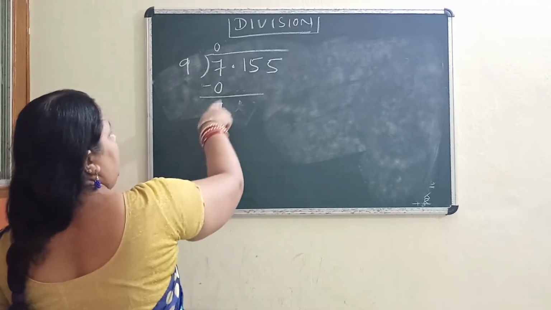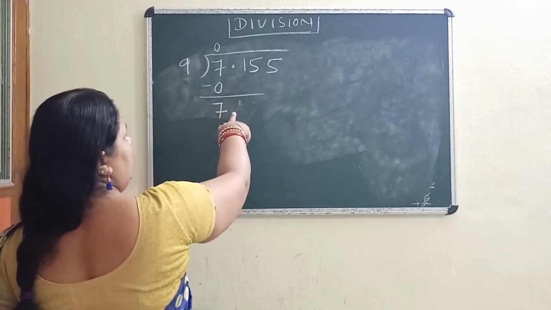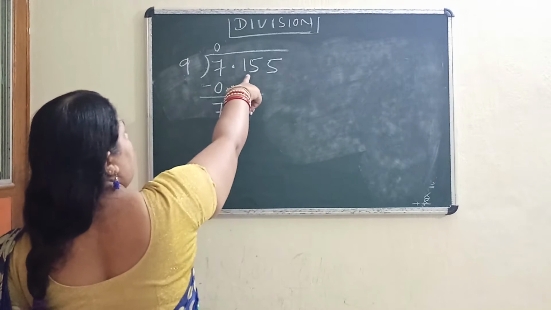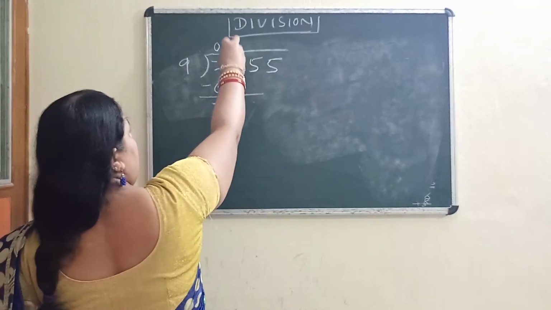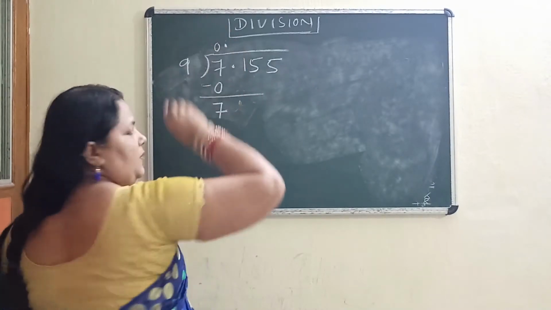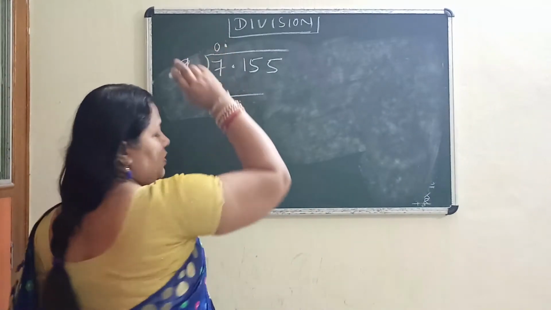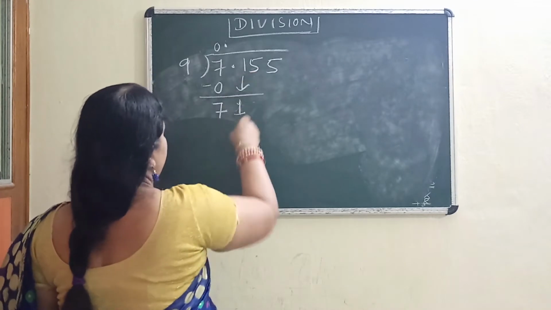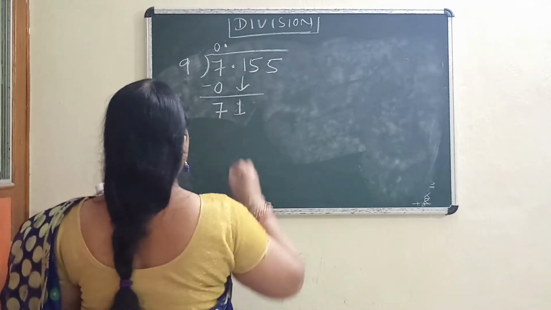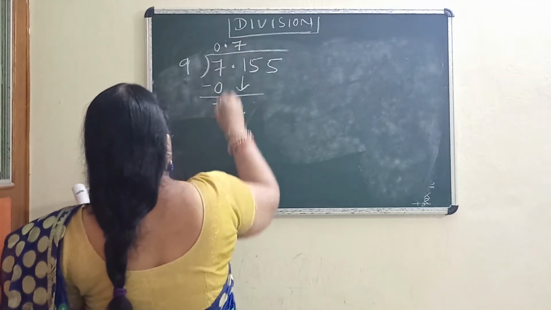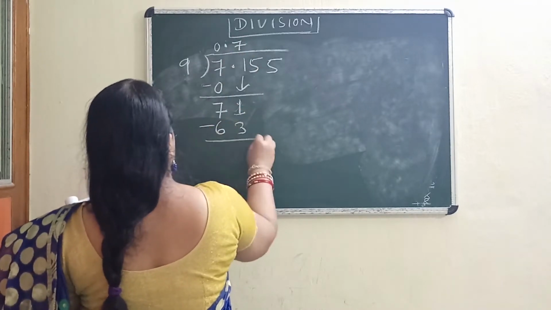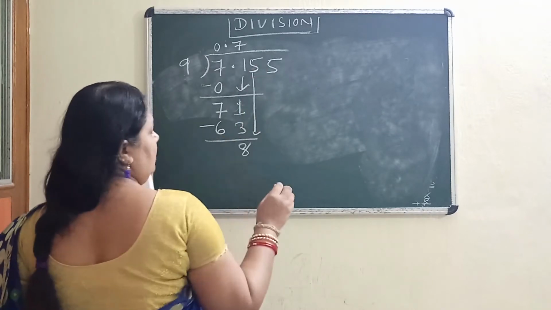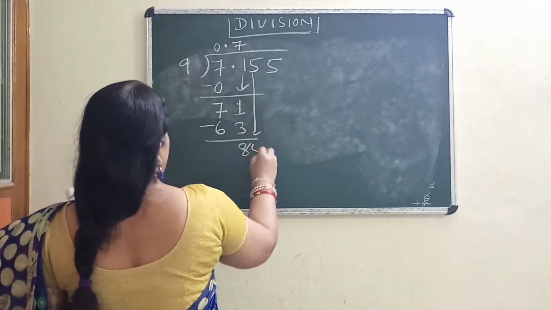Okay, we cannot divide. We have to bring this 1 here, second step. When you take this 1 here, that means this is the decimal part. So before that you have to put the decimal point in the quotient also. Okay. Then normally 1 will come down here, 71. Then how much can you reach up to? 9 7s are 63. How much is left? 71 minus 63 is 8. Then again 5 will come down. Then 85.